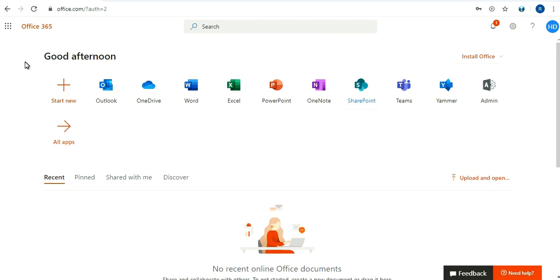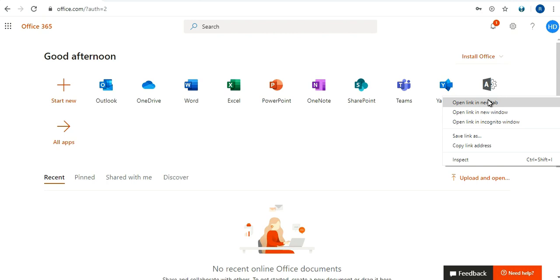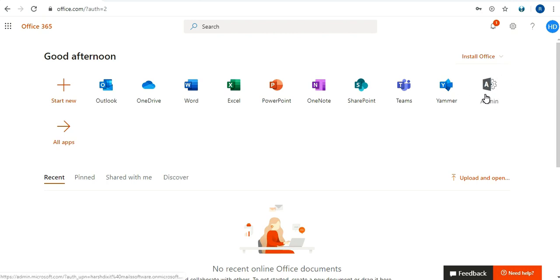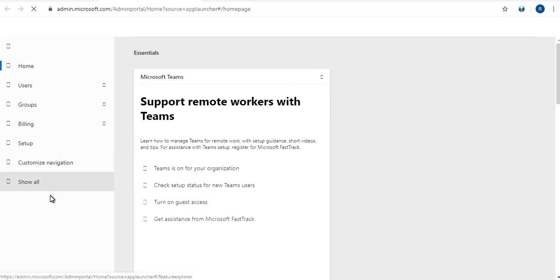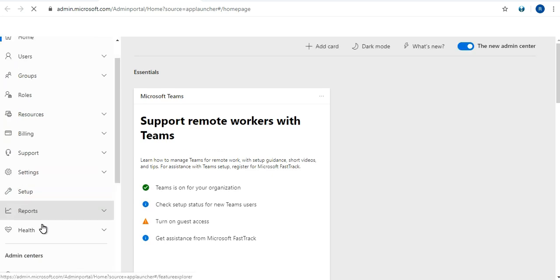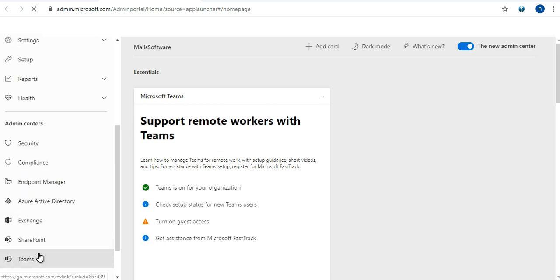To create that type of site, you will first need to go to your admin part. From the Microsoft 365 admin center, just click on the show all button, and there you will see an option of SharePoint.